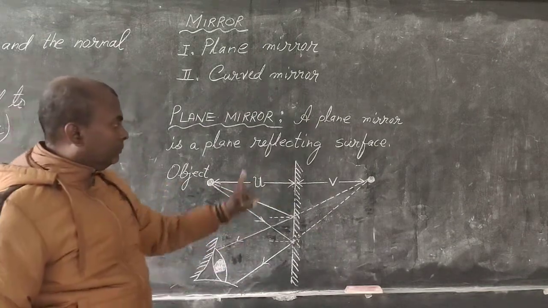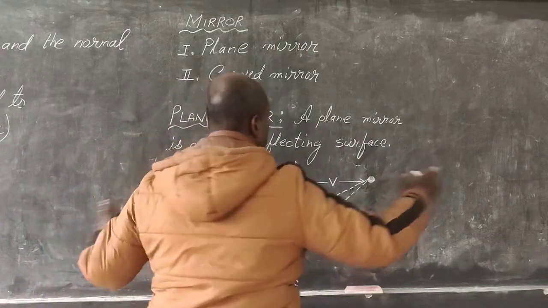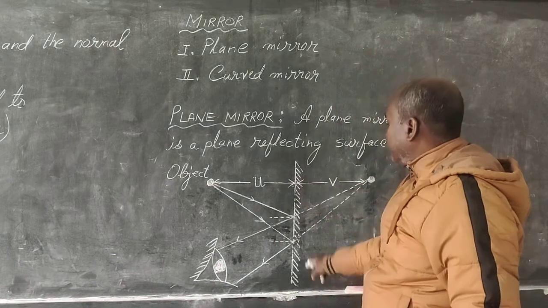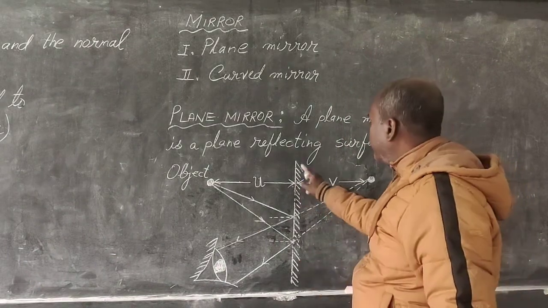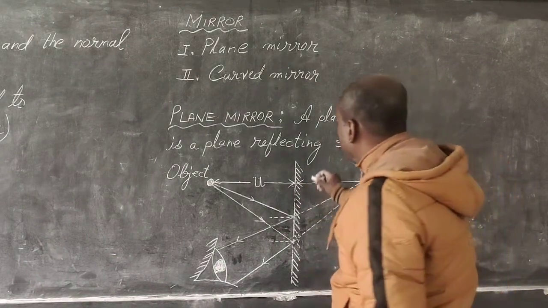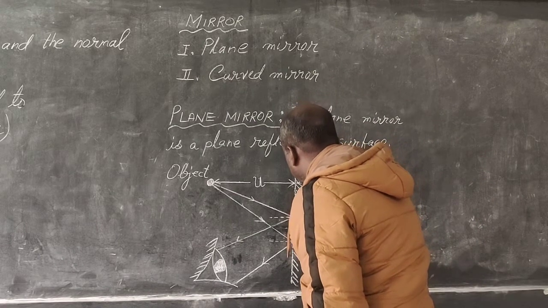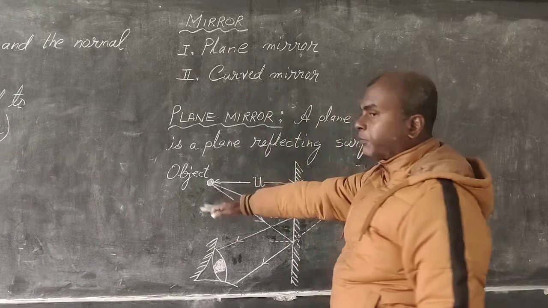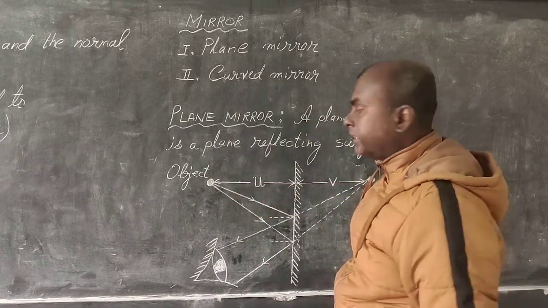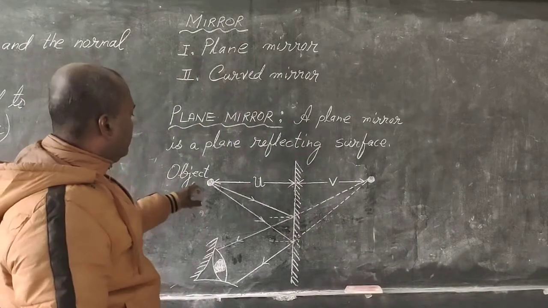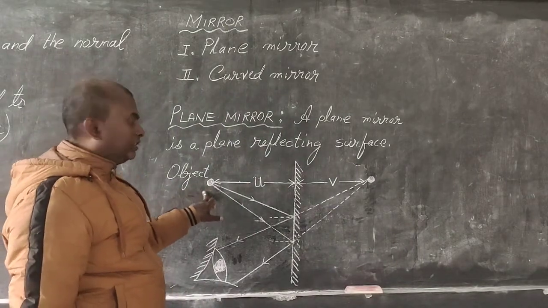Now in this mirror, keep in mind, if I stand this way, on the right hand side of this mirror the glass is painted. The painted side is on the right hand side. That means the reflecting surface is the left hand side. So on this side, the reflection will take place.